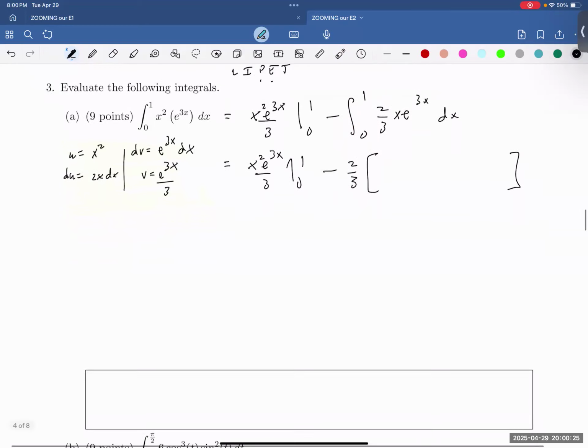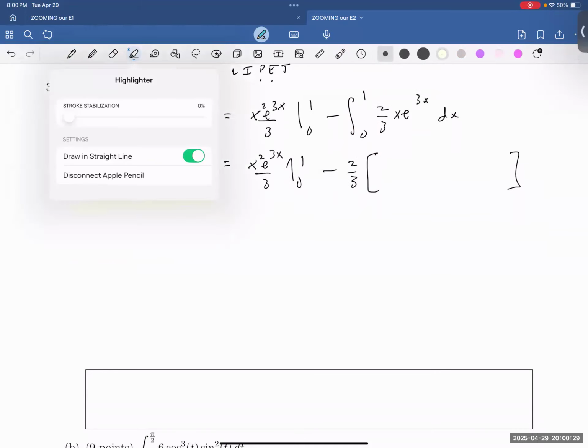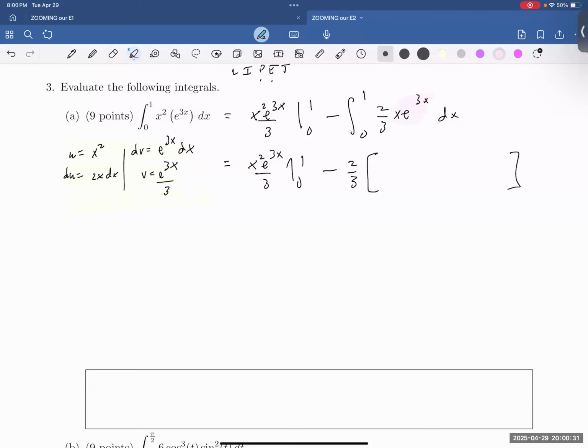And then we need integration by parts again on x e to the 3x. So round 2, this is round 1. Round 2. Let's see, round 1 happened on this piece. Round 2,